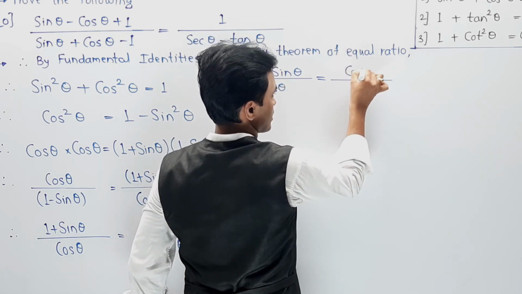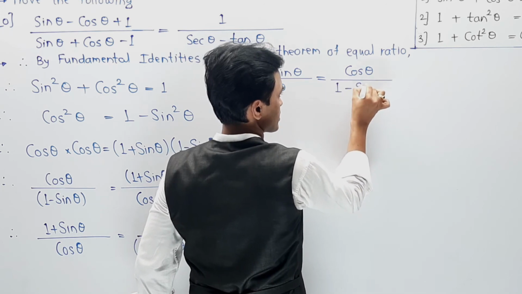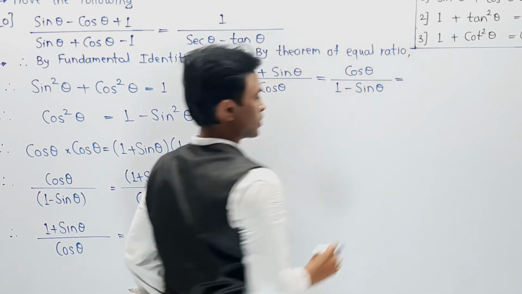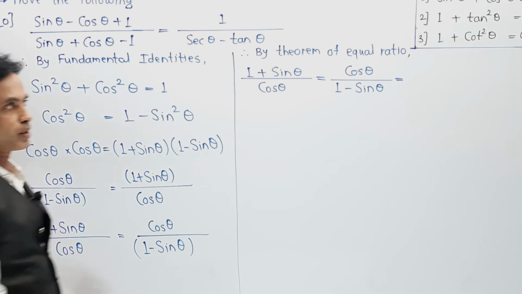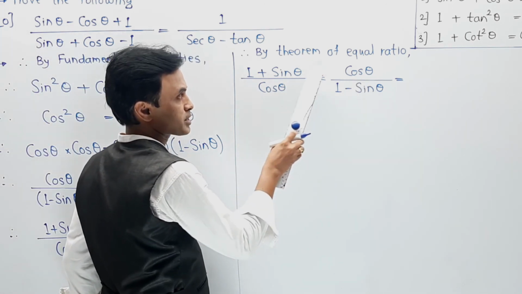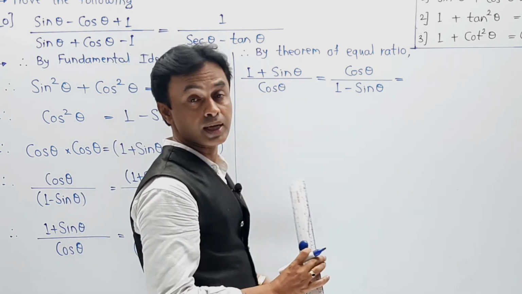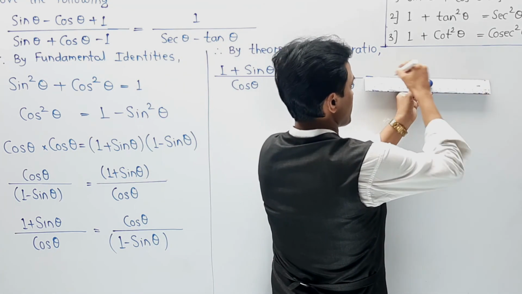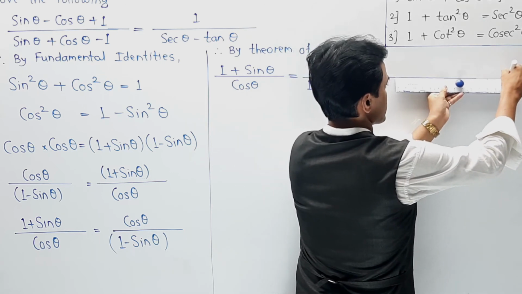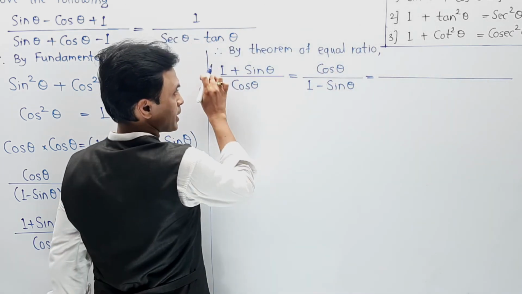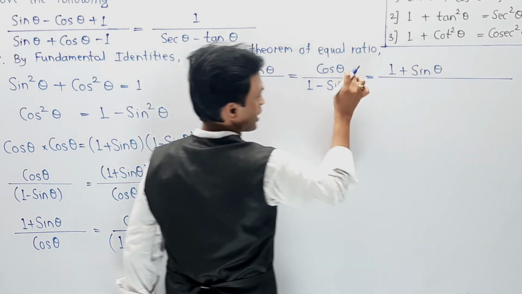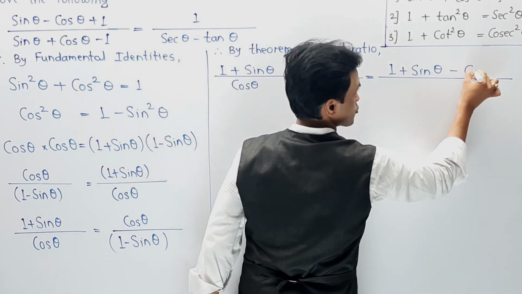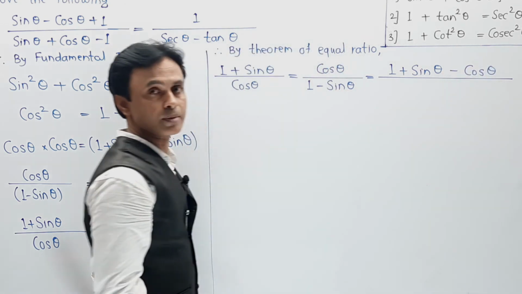Cos theta upon (1 minus sine theta) is equal to, here we are going to make this value subtracted by this value and this value subtracted by this value. Here you can see the same part. I am going to make a subtraction over here and a subtraction over here, and this is the most important step, so pay attention very seriously. And the part is, here I am writing 1 plus sine theta, 1 plus sine theta, and this is minus sine, so cos theta, means we are making subtraction.